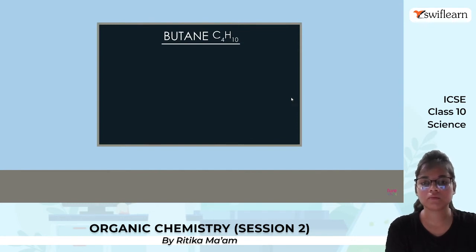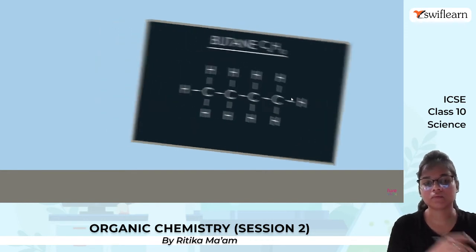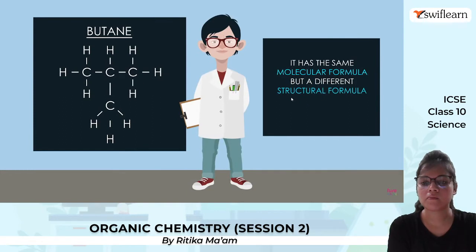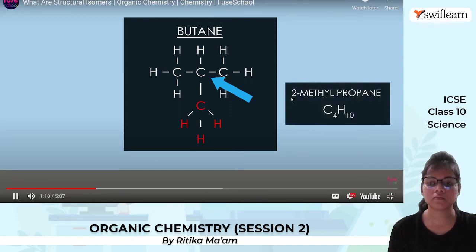I expect most of you have drawn a straight chain molecule like this. However, there is another way of arranging the atoms. It has the same molecular formula but a different structural formula. These 2 forms of the molecule, C4H10, are called structural isomers. The longest chain in this molecule is 3 carbon atoms long, so we say it is a form of propane with a methyl group sticking to the second or middle carbon atom, so its name becomes 2-methylpropane.